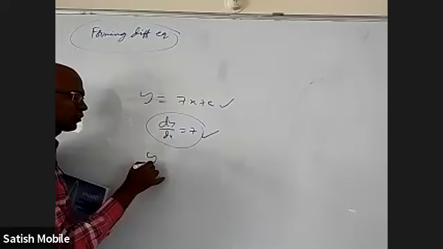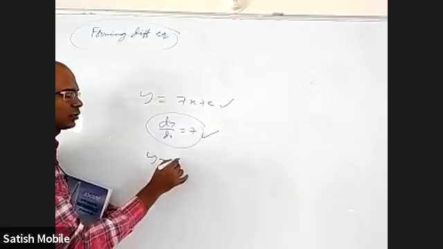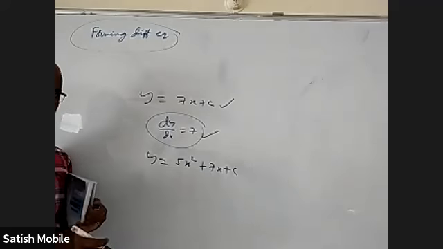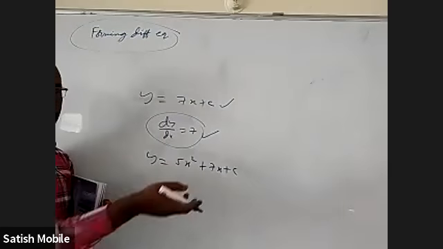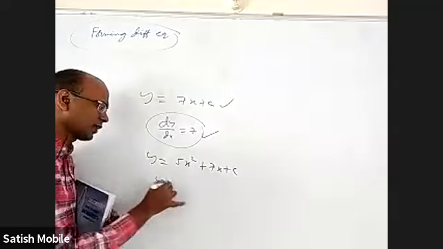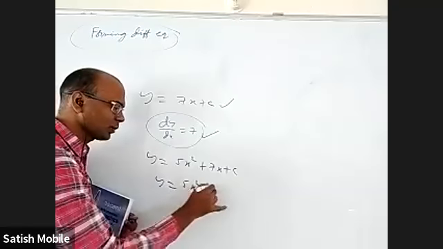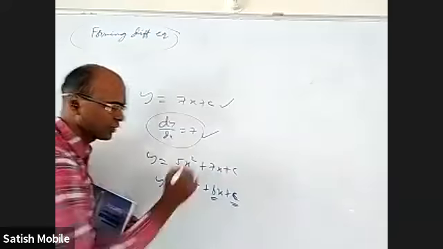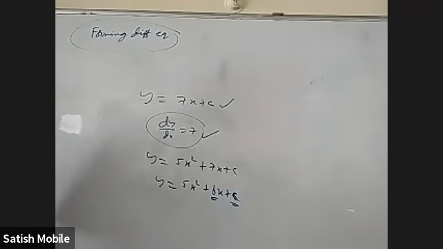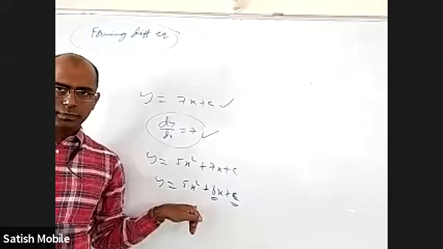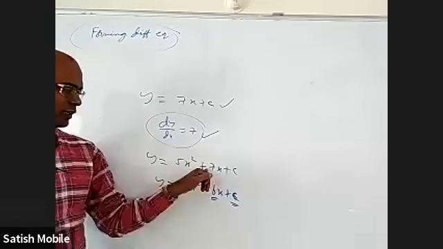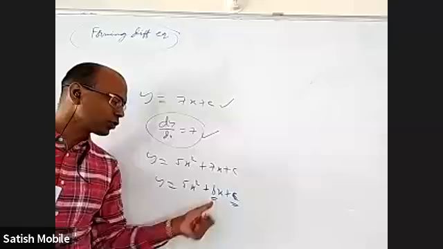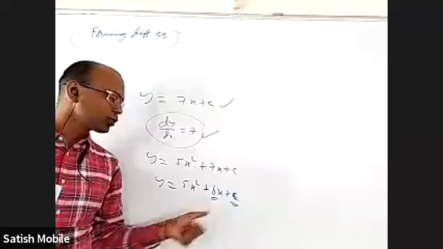Sometimes two things can change. For example, if I take y is equal to 5x square plus 7x plus c, as c changes, it's a family of parabolas, but a lot of things about the parabola may be common. But if I take 5x square plus bx plus c, where b is also variable and c is also variable, this family may include that one. When I take b equal to 7, I include that family. But I can also take b equal to 2, b equal to 3, b equal to 9, with c equal to different other things.